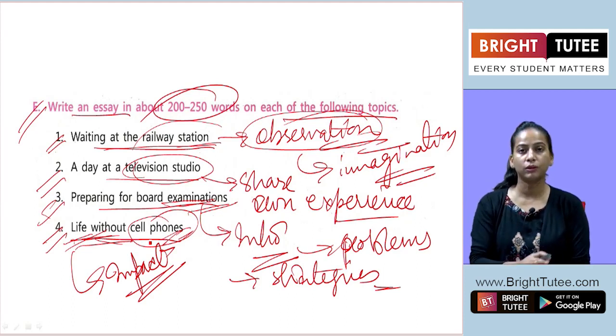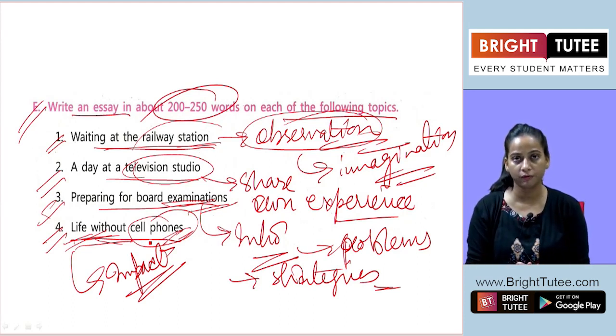So hopefully all these 4 topics are clear to each and every one. The same way you just have to proceed with the essay writing. But don't forget to mention the introductory paragraph and the concluding paragraph. In between the paragraphs, details and examples will be given.